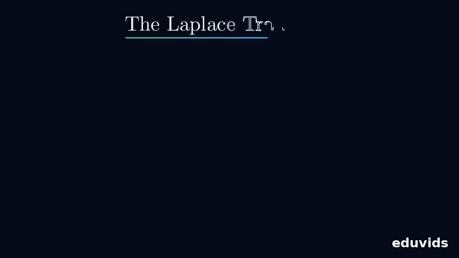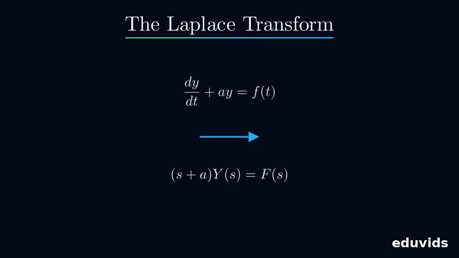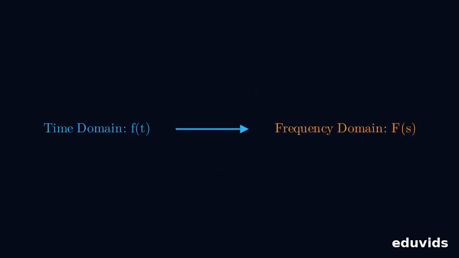In this video you will learn how the Laplace transform turns differential equations into simple algebraic equations. We start with a time function f of t that describes a signal or system state. Our goal is to convert f of t into a function F of s that lives in the complex frequency domain. The complex variable s is written as sigma plus i omega, where sigma controls exponential growth or decay and